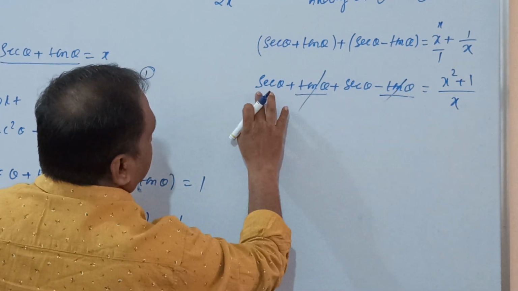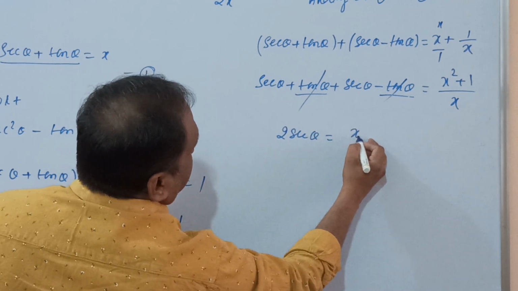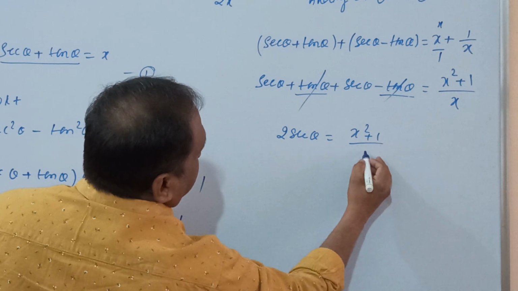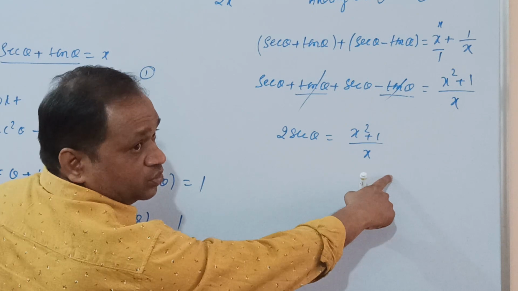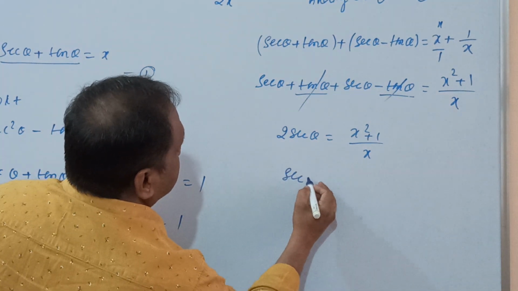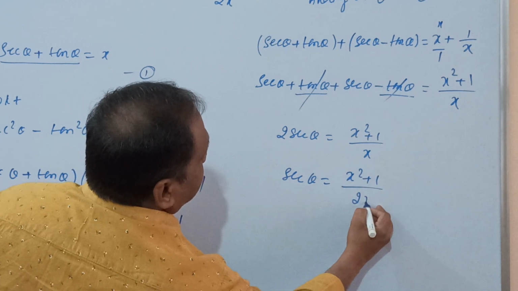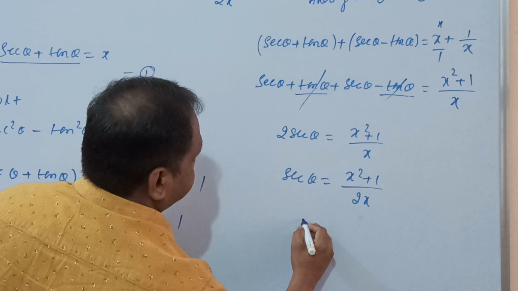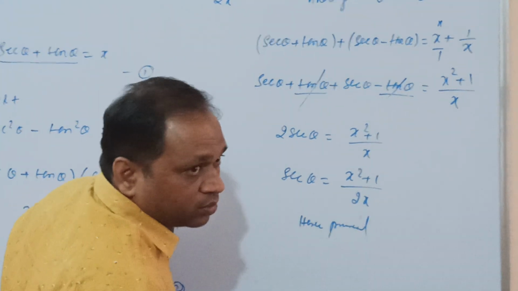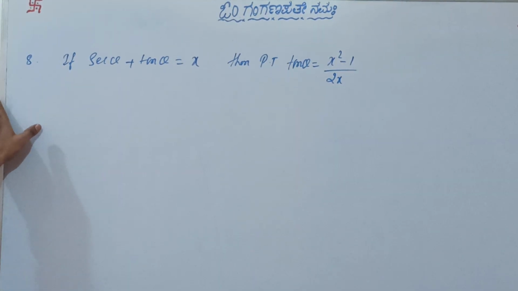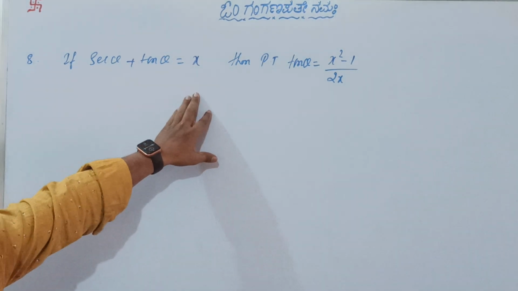So 2 sec thetas are there, 1 plus 1 becomes 2, that is 2 sec theta is equal to x square plus 1 divided by x. We transpose this denominator to the RHS. It becomes sec theta is equal to x square plus 1 divided by 2x. Hence proved. Okay, next problem: if sec theta plus tan theta is equal to x, then prove that tan